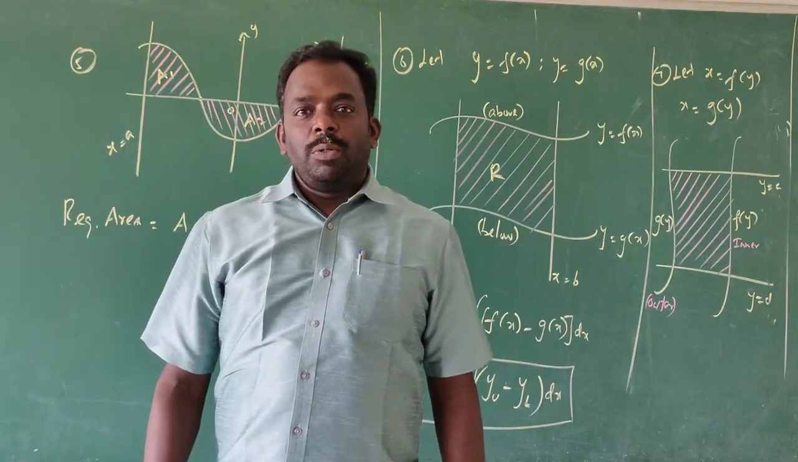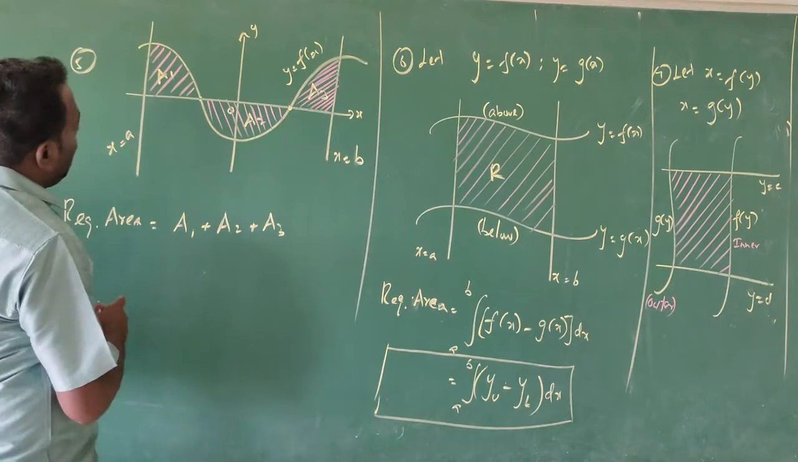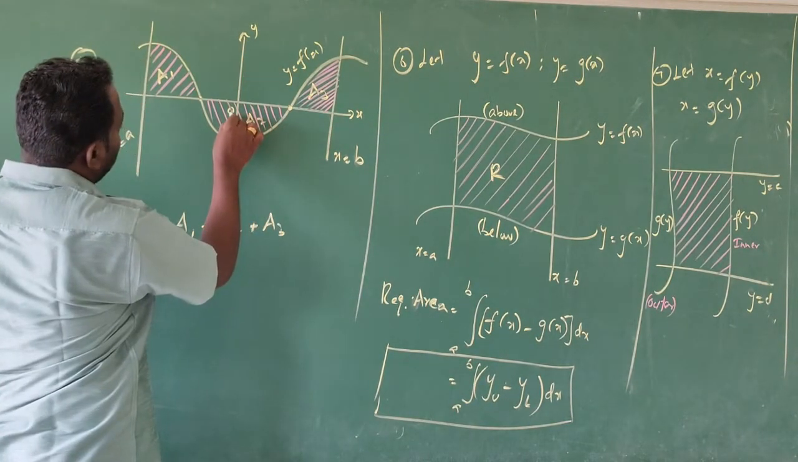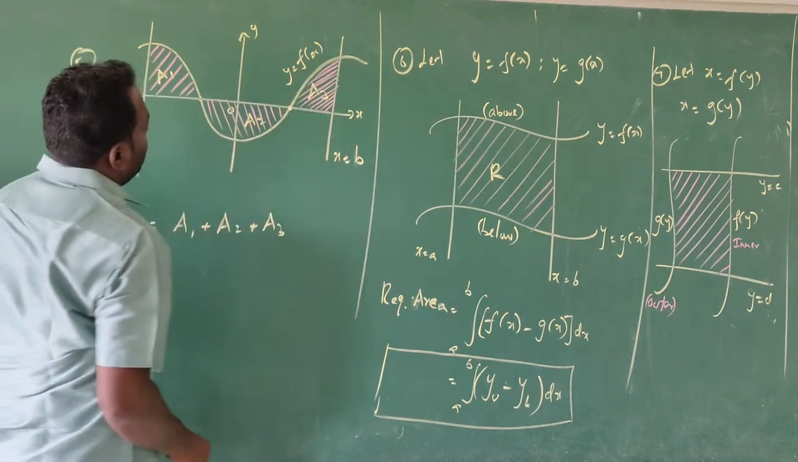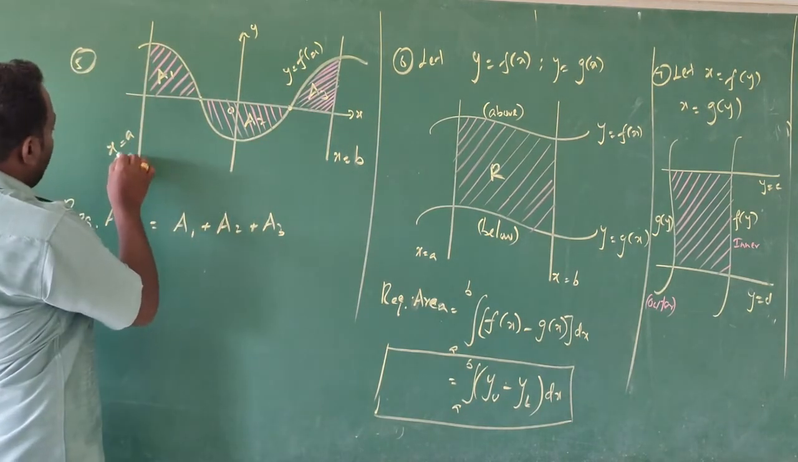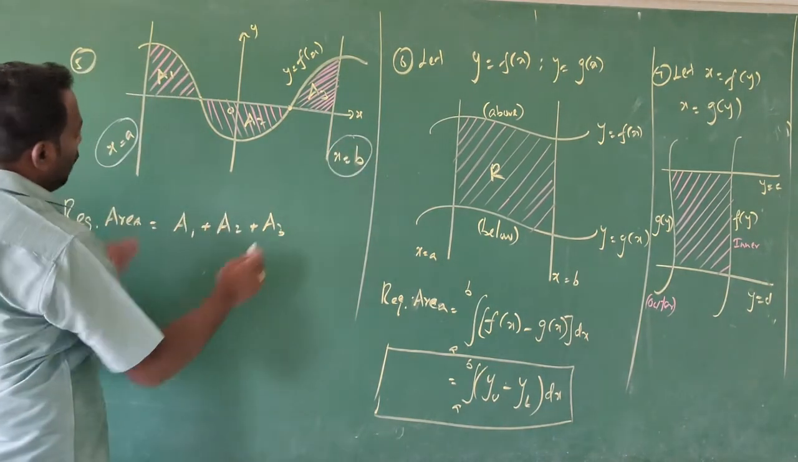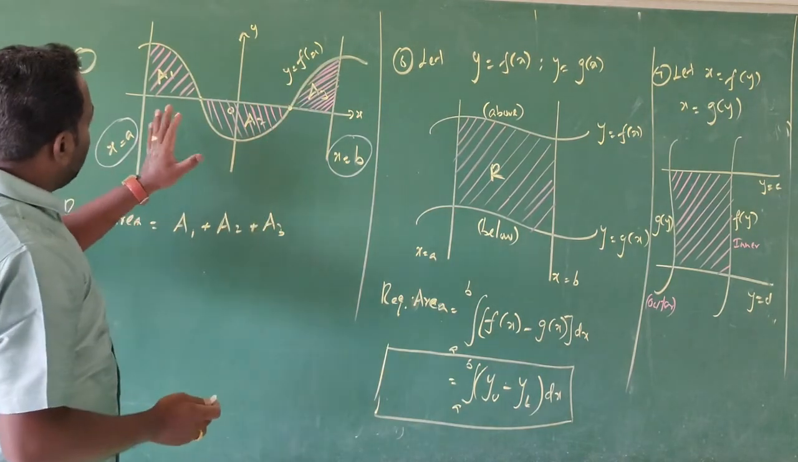Student, come to the next formula, number 5. Fifth formula. Look at the diagram. X axis, y axis, origin at 0. We are taking a curve y equal to f of x. Now two boundaries are given. One boundary is x equal to a, another boundary is x equal to b. The two boundaries and the curve are given, but here the area is bounded